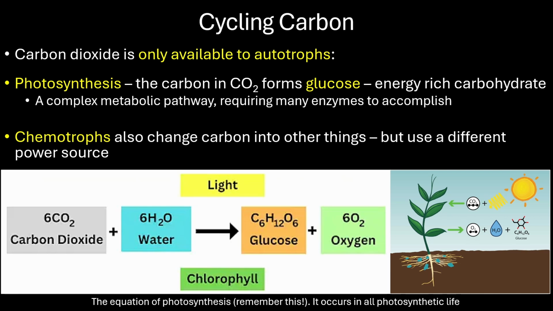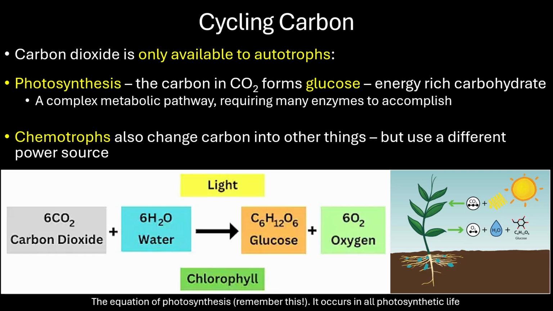Essentially, we're taking the energy that we're getting from the sun and we are trapping it in some ways in this molecule that we can then use to do other things, like fuel other metabolic processes or build stuff that we need. It can also be the raw materials to build a variety of important biological molecules. So this process of photosynthesis is a really complex metabolic pathway, and it requires a lot of different enzymes to mediate and to accomplish, but this is the basics of how